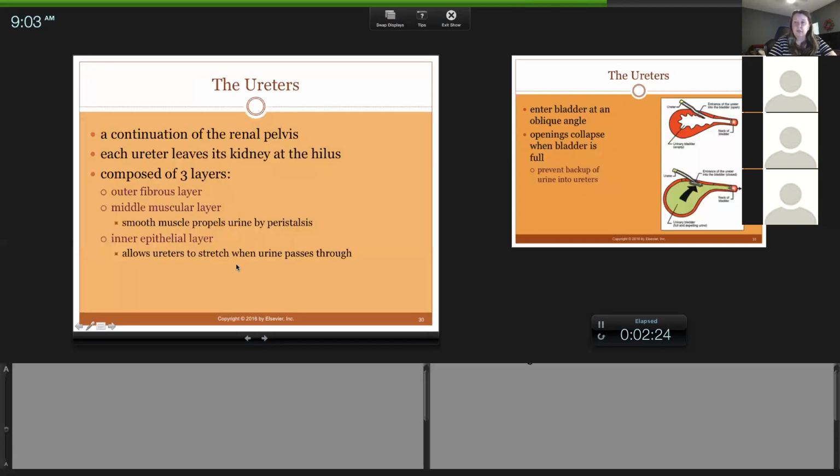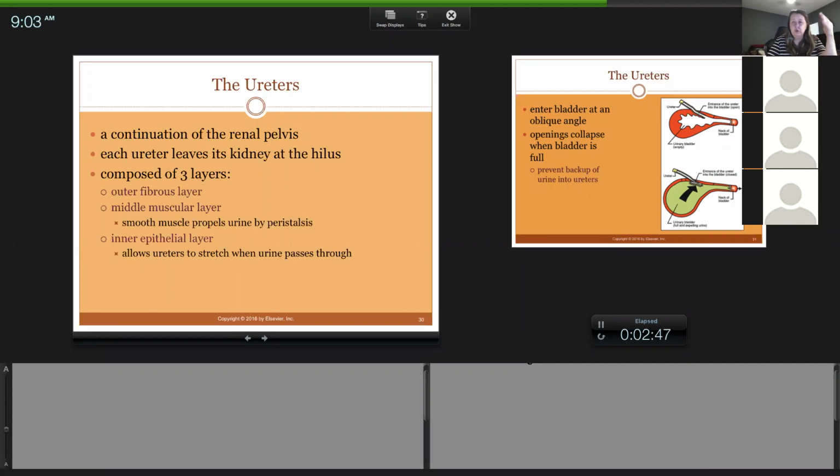It is a continuation of the renal pelvis. So the renal pelvis narrows to the ureters. It's all connected, and it comes out of the hilus. Out of the hilus, you have the renal artery, the renal vein, and the ureter. It does have a fibrous layer. There is muscle in the ureter. It's a tiny little tube,